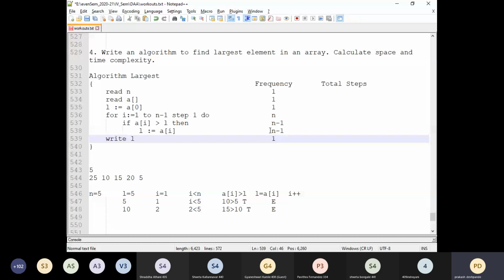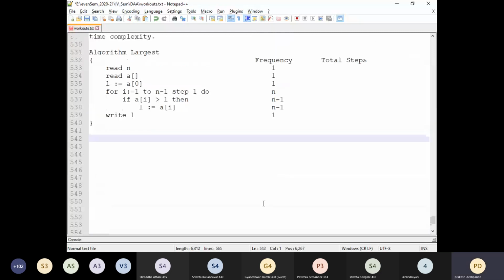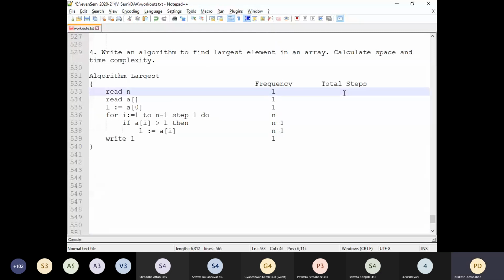Understood, students? Yes, sir. Okay, now let us try to write the big O functions for each of these frequencies. This is big O of 1, constant. This is big O of 1. Then again big O of 1. This is what? Big O of n.